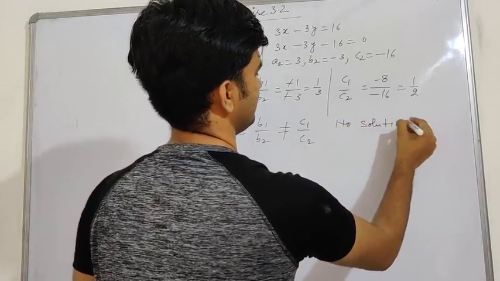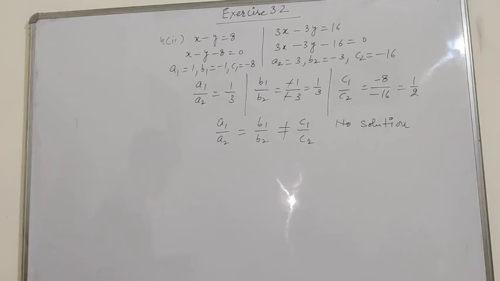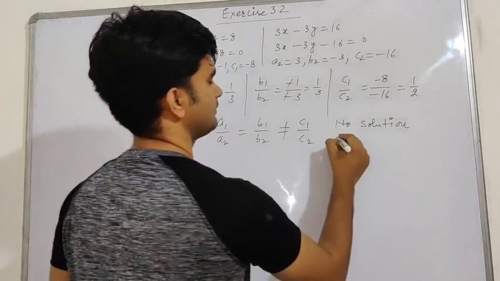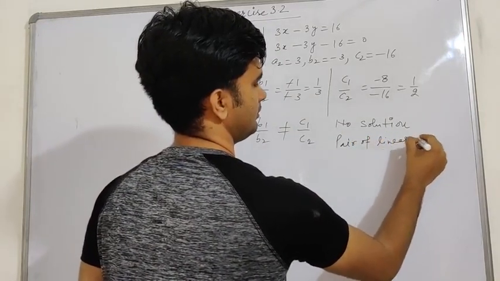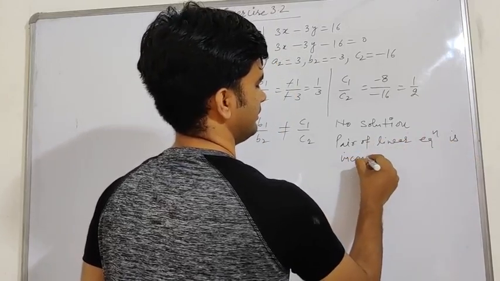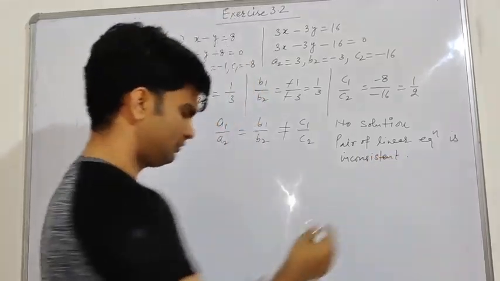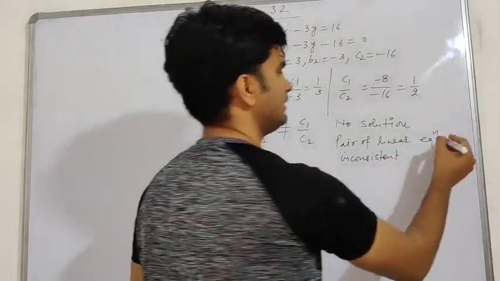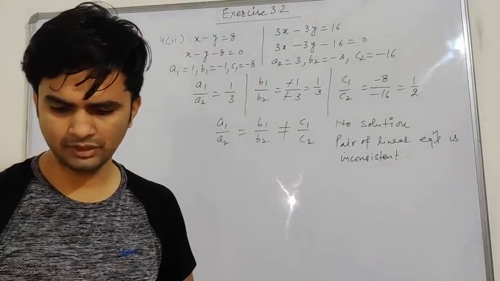No solution. Why no solution? Because these lines are parallel lines. So pair of linear equation is inconsistent, right? If no solution exists, pair of linear equations is inconsistent, then no need to make graph of it,